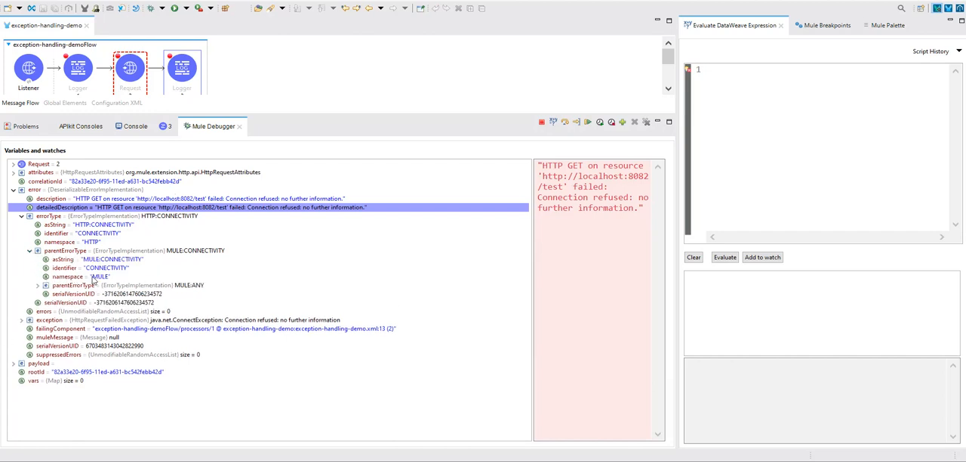And finally, the parent of this is Any. See here, Any, Connectivity, and then which connectivity, you can have multiple different connectors, right? Whether it's an HTTP connection, DB connection, or Salesforce connection, that will be there. So this naming convention, if you see here, is always a namespace :